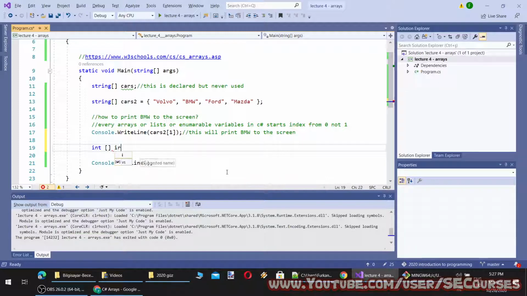And arrays are initialized at the beginning. The size of arrays cannot be changed later.